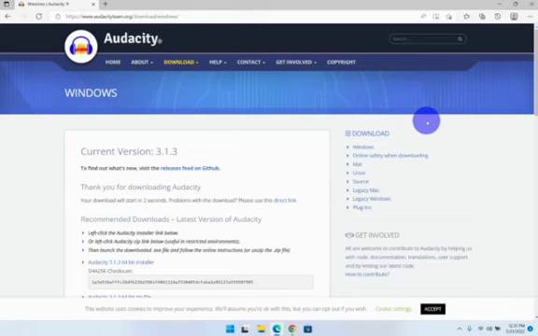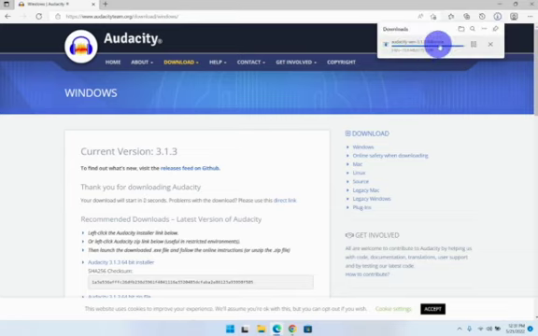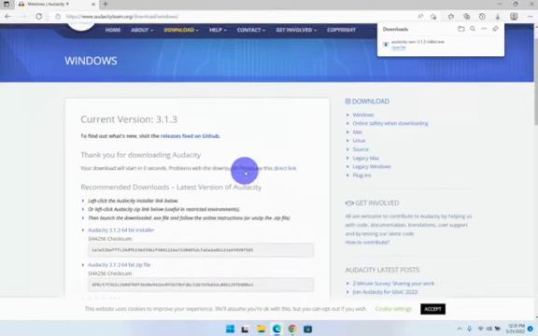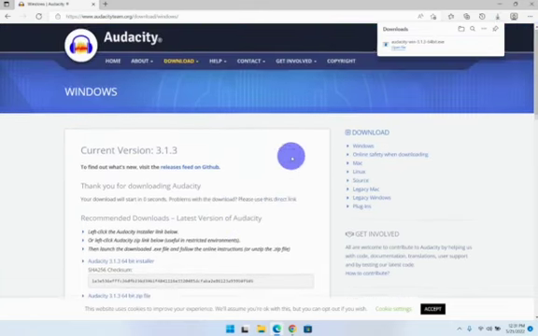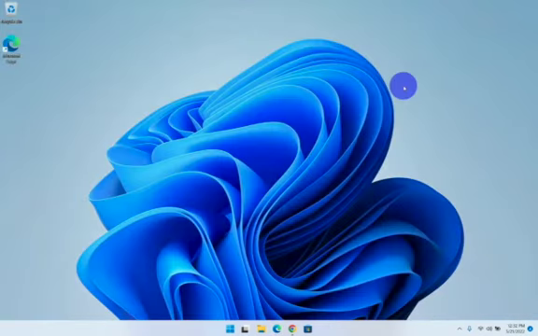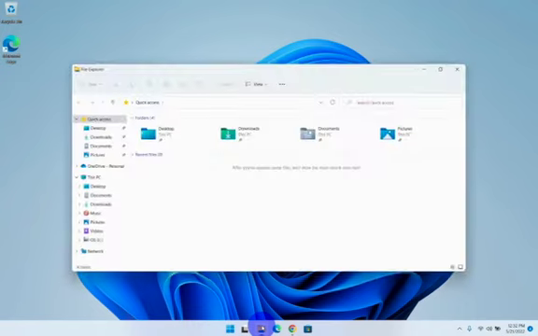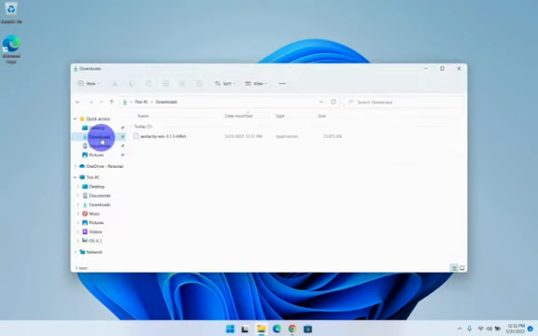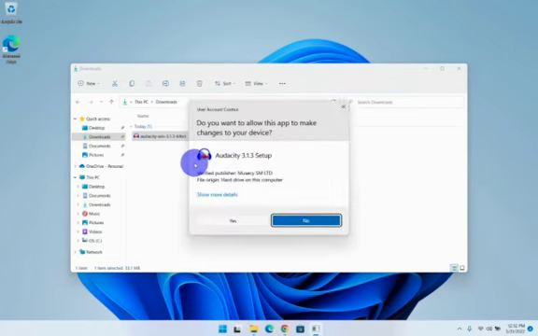and wait for it. It will automatically start the 64-bit executable for you, or you can find the version that you need. We could run the installation from here. However, close this out, go to File Explorer, click Downloads, double click Audacity, Win 64-bit, and for this, grant permissions,